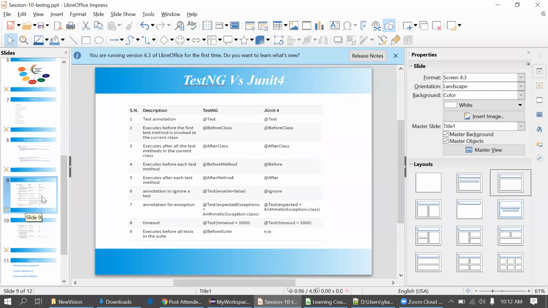So before TestNG, JUnit was there, JUnit 4. Okay, JUnit 5 is also there now. TestNG is inspired by JUnit, but JUnit is mostly used by developers because there are some limitations from a testing perspective. So we'll compare TestNG versus JUnit 4. The @Test annotation is the same in TestNG and JUnit 4. Then the same for BeforeClass and AfterClass, till this it's the same. Only the method names change for before method and after method. In TestNG, it's @BeforeMethod and @AfterMethod, and in JUnit, it's @Before and @After.